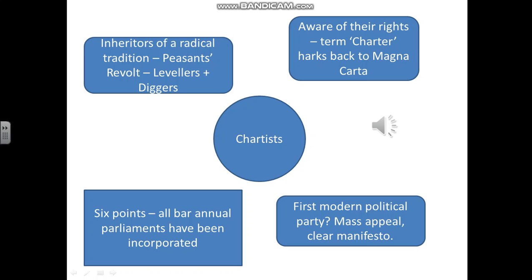Now, the Chartists called themselves the Chartists because it's an inheritance really of the Magna Carta, which you would have studied in Year 7. And they had 6 points. I'm just going to read through those now. They wanted votes for all men. That was finally achieved in 1918, but also, of course, votes for women were brought in at that point as well. They wanted equal electoral districts, which now we have; there are roughly 100,000 voters in each electoral district.